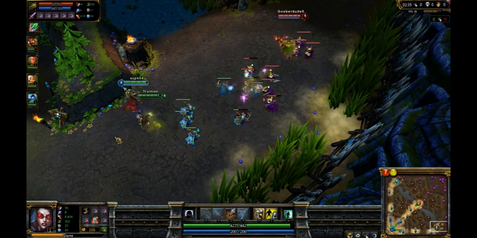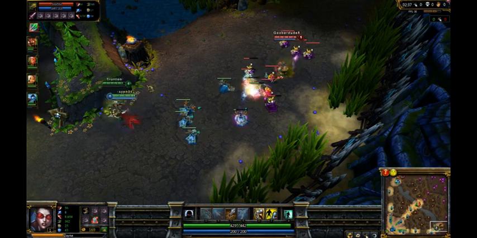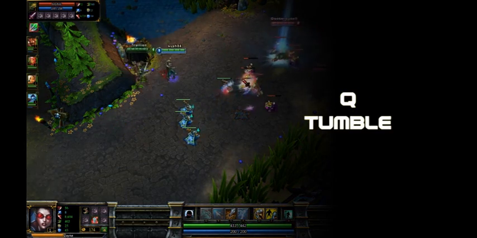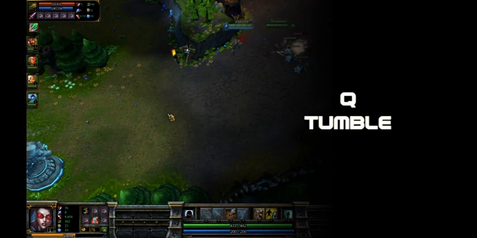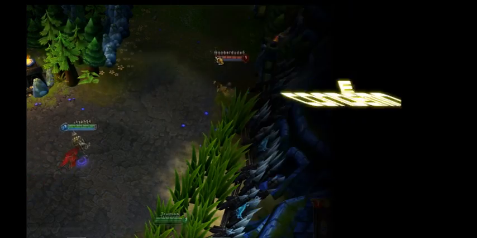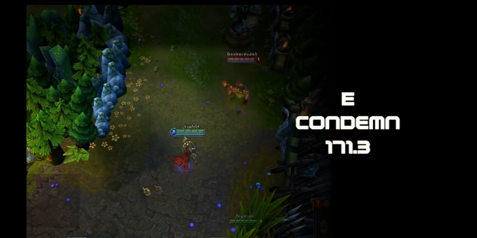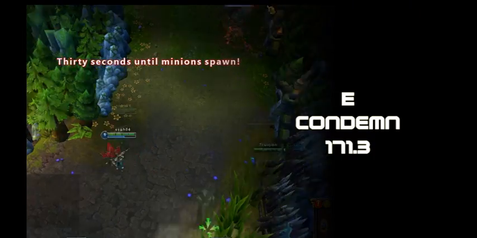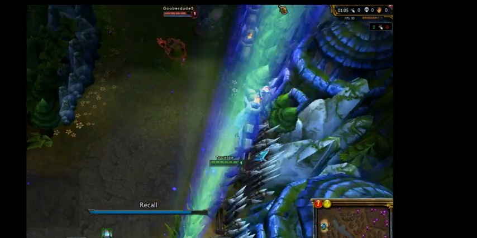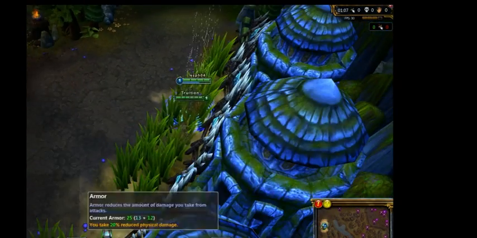We have to also consider that this could possibly change our skill order. Usually I would start with Q, which is Tumble, which with 81.3 attack damage will punt someone for 113.82 damage. While Condemn on the other hand will dish out 171.3 if you get someone against a wall with it, which also stuns them for 1.5 seconds, allowing you to get a couple more hits off than normal, which is almost